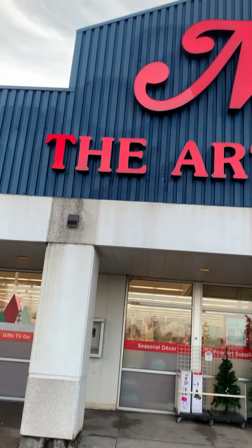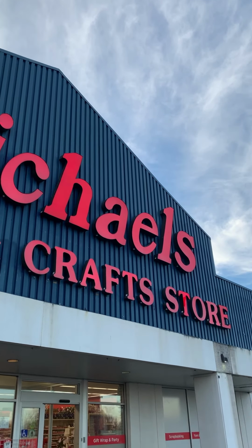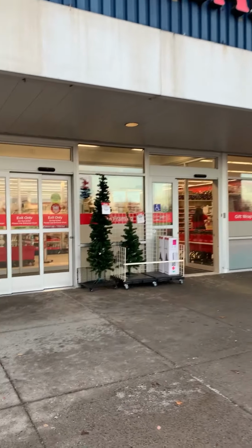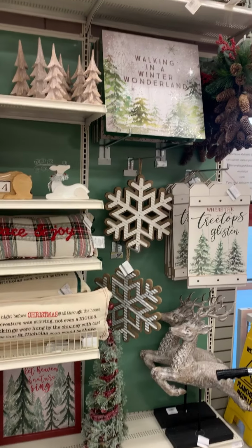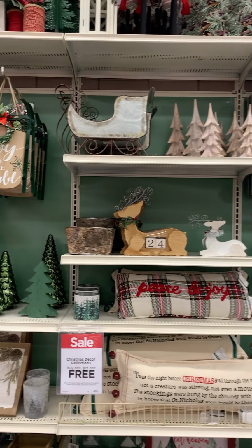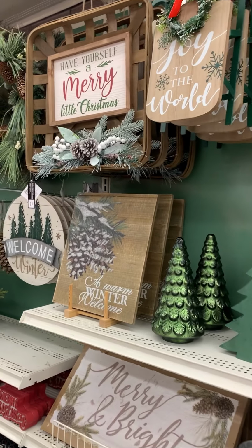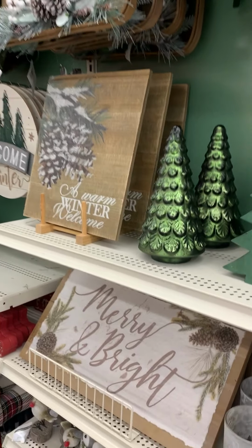Now for the mother load, we're going to Michael's. I love Michael's. I think they have some of the nicest decor out there, to be honest, and they always have different styles too, and I just like the way they lay out all their seasonal decor. You can see everything. Christmas is buy one get one free right now, which is amazing, and they always have